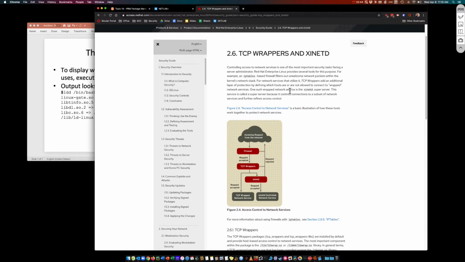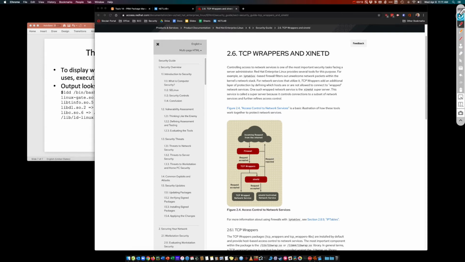For example, let's say I have FTP running, and I wrap FTP. I can do some firewall work here, but I can also further constrict who can access FTP through my firewall. But let's say this is like an enterprise-wide firewall. It's going to be too much to control it here. So what I can do is